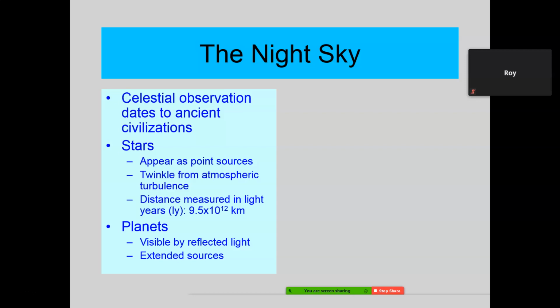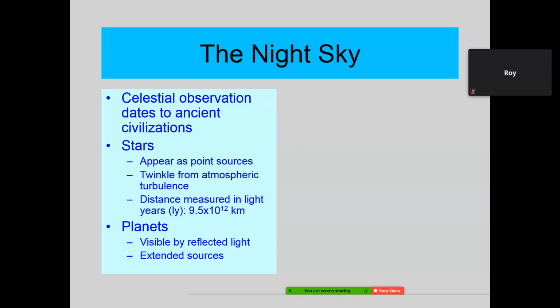Now, if I were to write that in scientific notation, that would be 1.5 times 10 to the 8 kilometers away. Okay? Well, what we're dealing with here is 9.5 times 10 to the 12th.